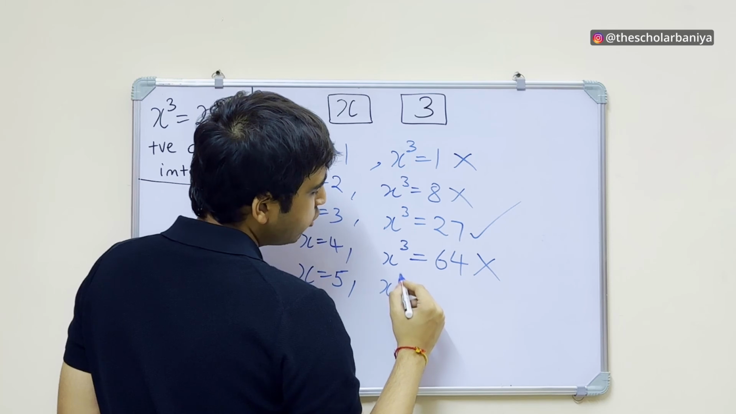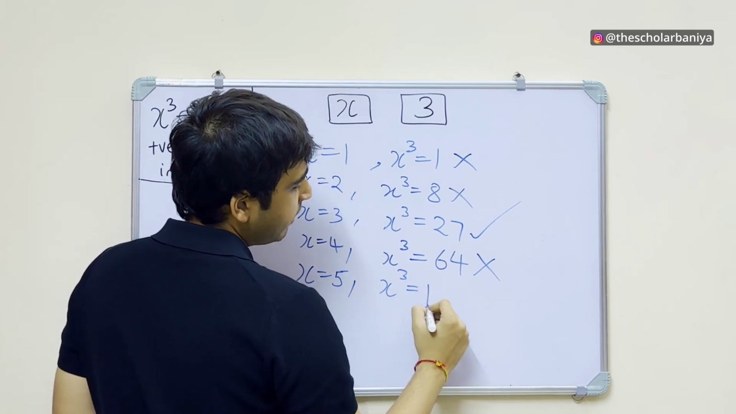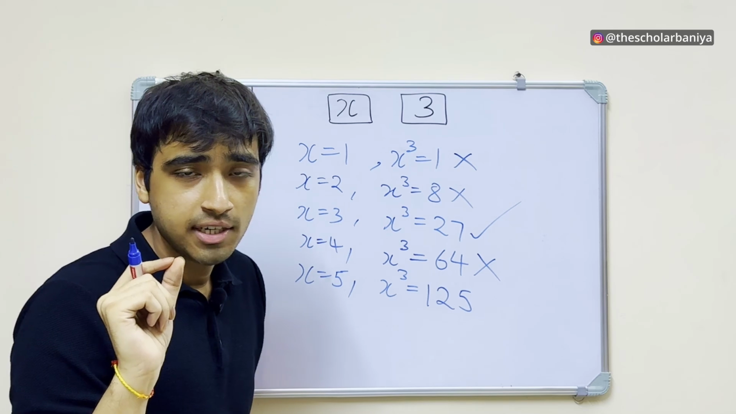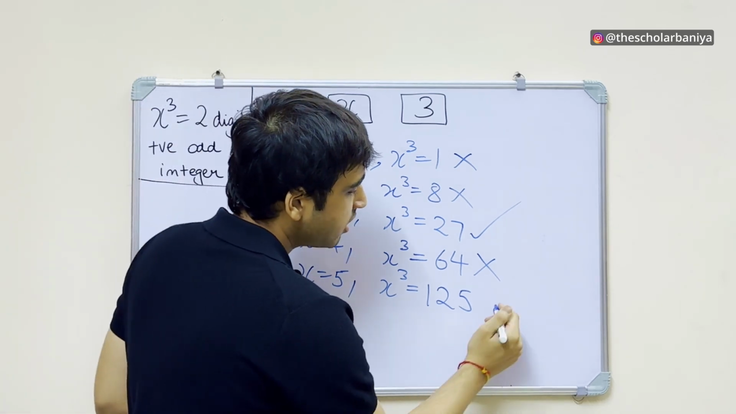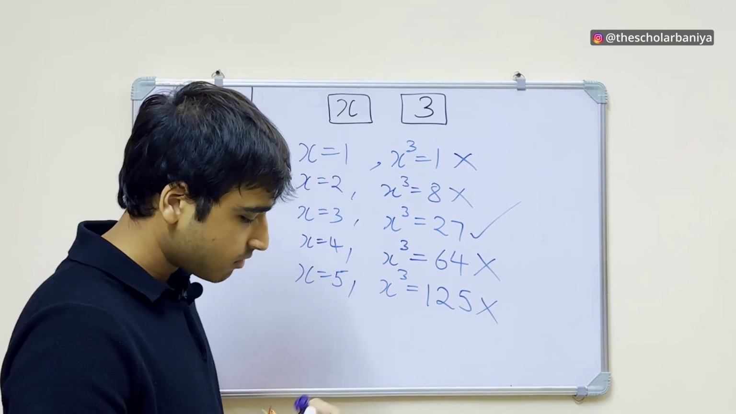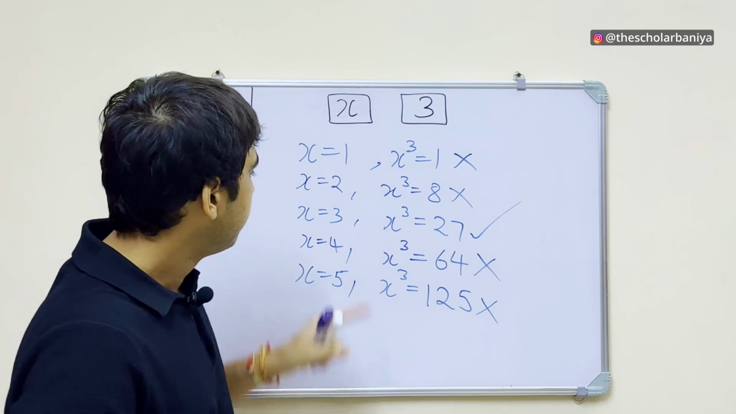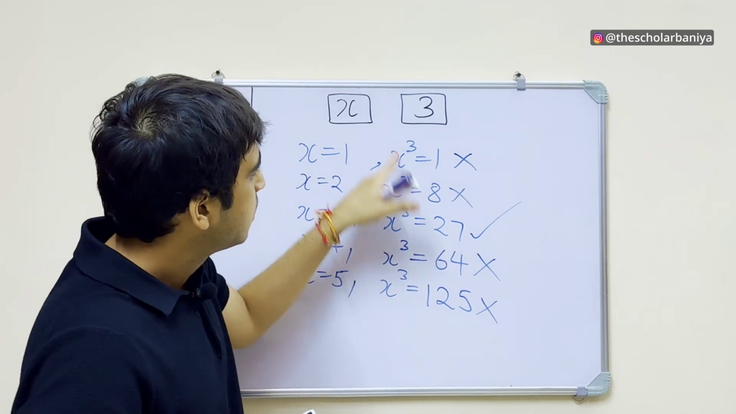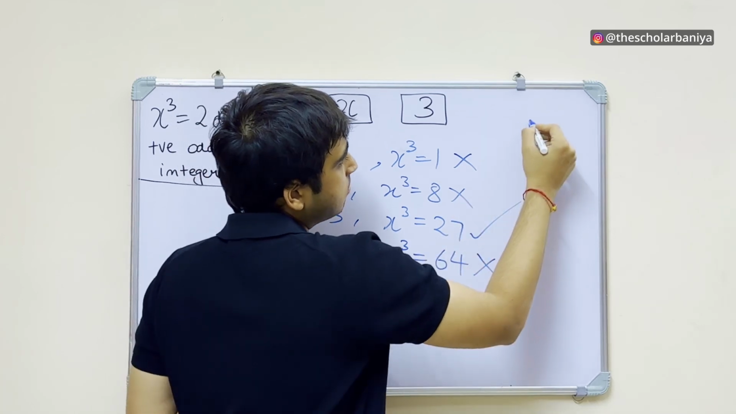Now let's take x equals 5, right? So what will be x cube? X cube will be 125. But we want a two-digit positive odd integer. It is a three-digit number, so not possible. So what are we left with? We are left with only x equals 3, right? So the answer is C,